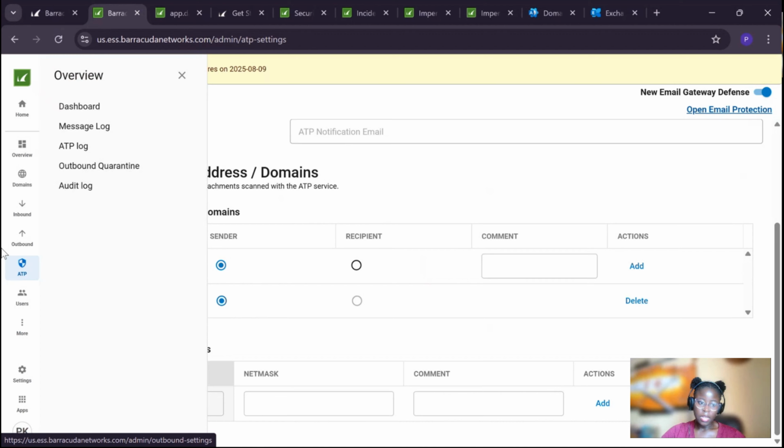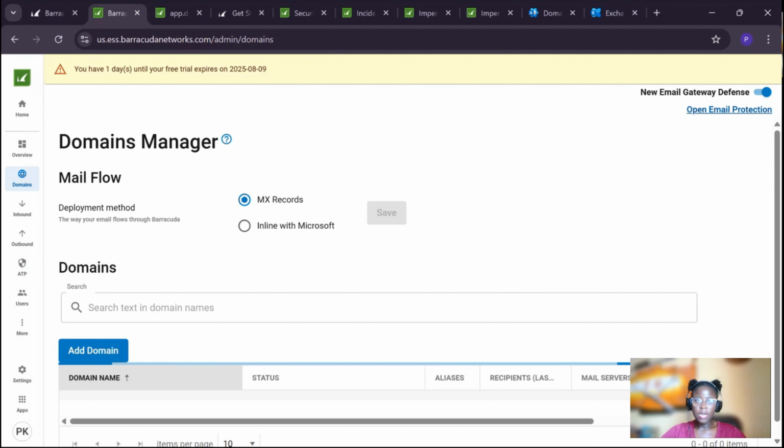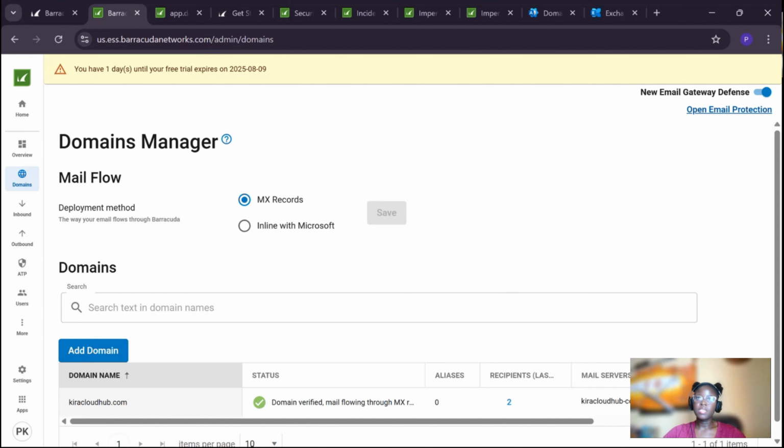Yep. And that basically wraps up some of the contents I saw are cool about the email gateway defense. So in the next bit, I'm going to show you the impersonation protection feature